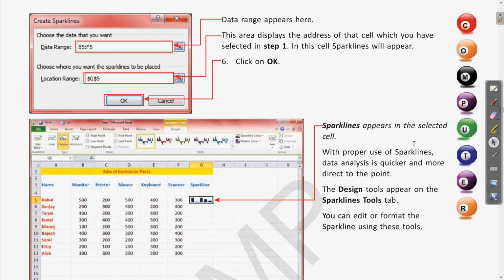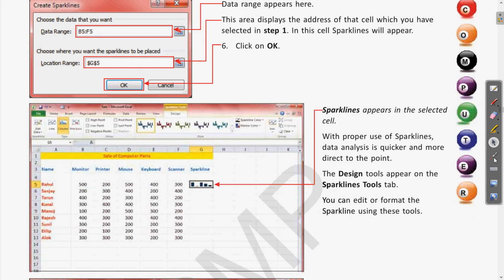If I come to another page, here you can see this is an example of a sparkline. Whatever values are denoted in these different cells, if you want to make them appear in the cell only, it will be included in any of these cells. The different shapes which we are viewing in the table itself are called sparklines.